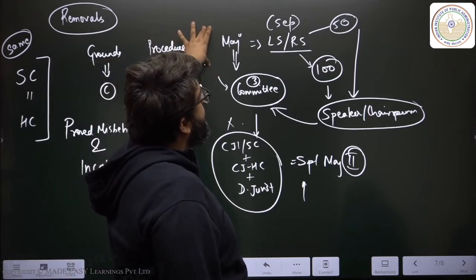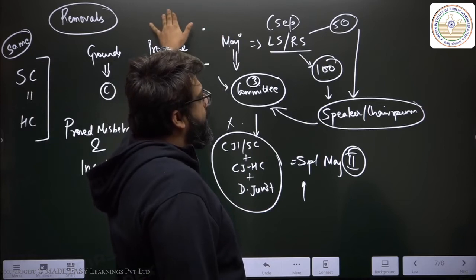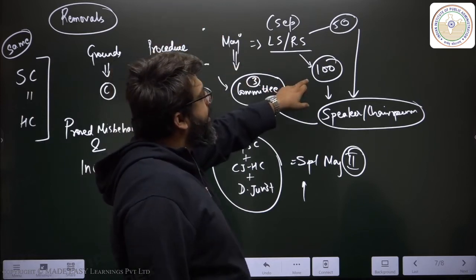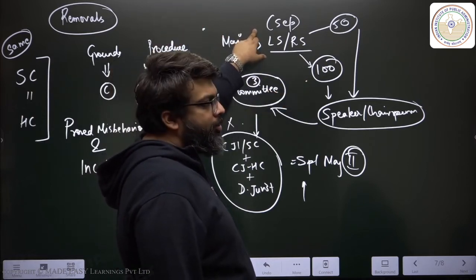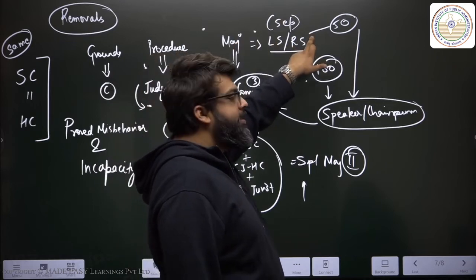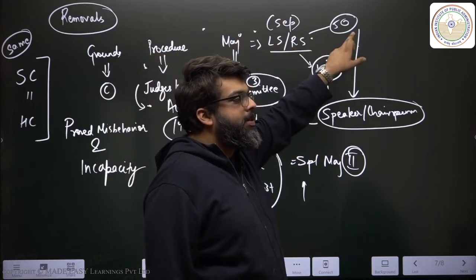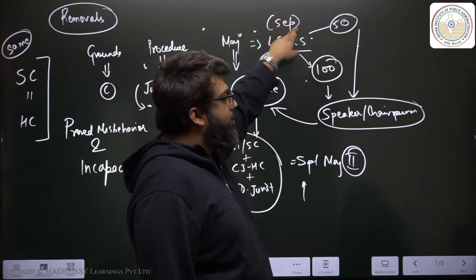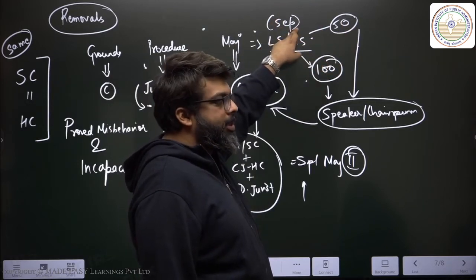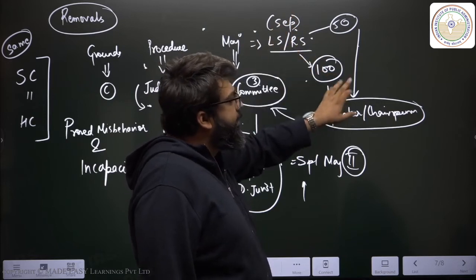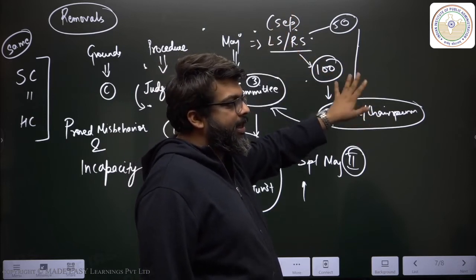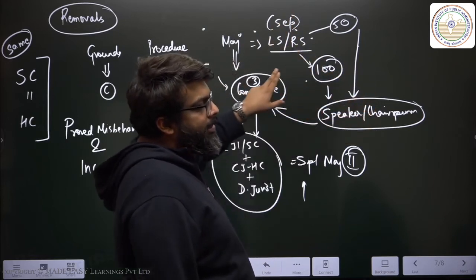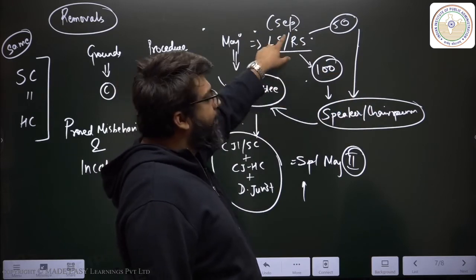How it starts is, it can start in either of the two houses. If it's the Lok Sabha, 100 members will send a motion to the Speaker of the Lok Sabha. If it's the Rajya Sabha, 50 members will send a motion notice to the Chairperson of the Rajya Sabha. After they are satisfied, and the final decision lies with them, they will initiate proceedings from that specific